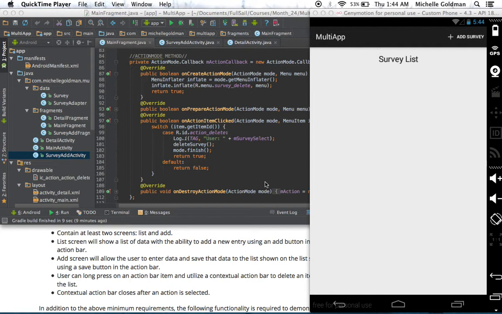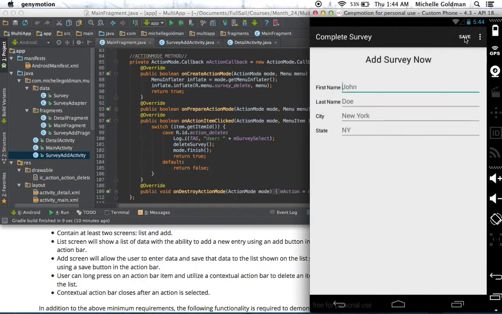This application, we were required to create at least 2 screens, a list and an add. I added a third one for detail, and our application should load with a blank list, which is what I've got here. We're required to have an add button in the action bar, so I click on add. That loads my survey list form, and I can add in some data